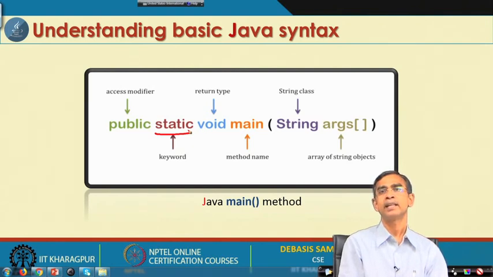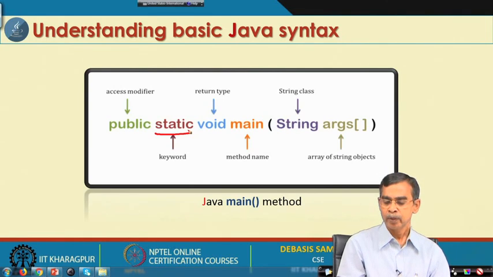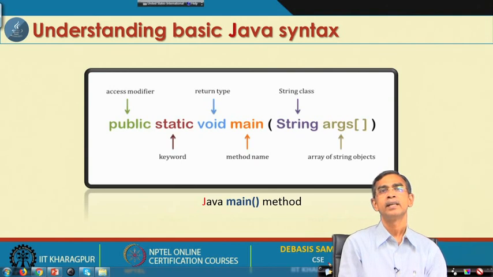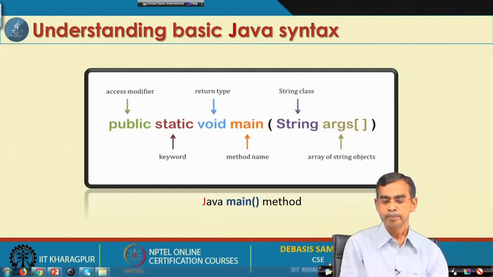Without creating any object, we will be able to call this method. So, if a method is declared static, no object is required to be created to access this method. Here, for the main class we do not create any object, therefore the main method should be accessed without any object creation, and that is why the method is static. So, we have understood why public is the access specifier, static is the keyword that lets us access this method without object instantiation, and void means the main method does not return anything.